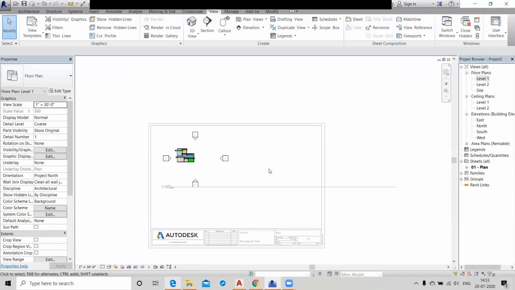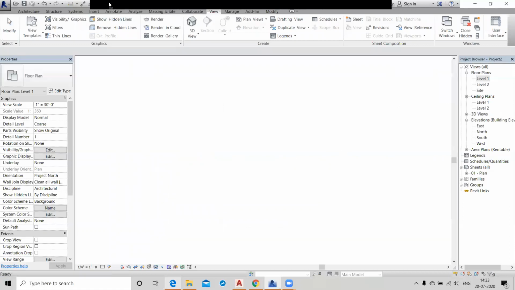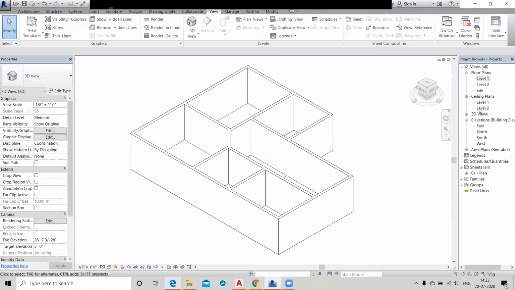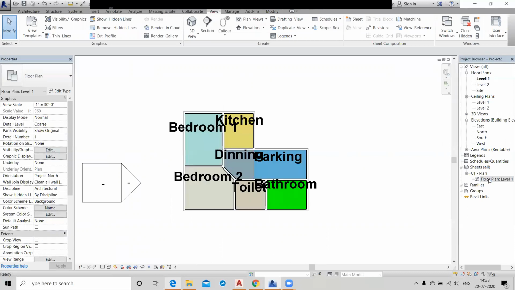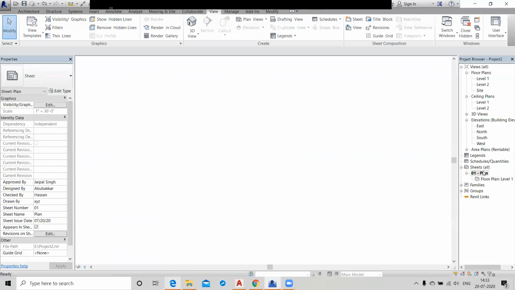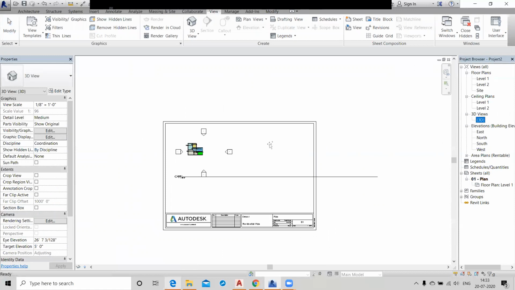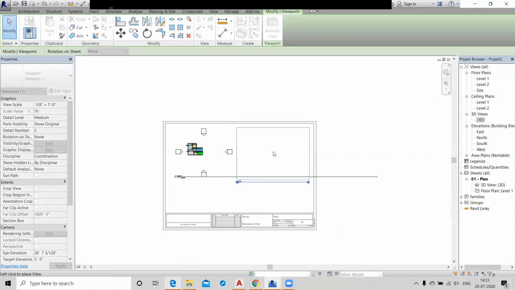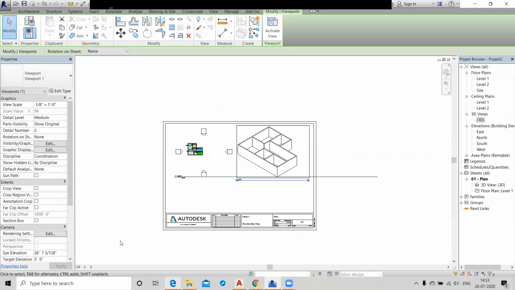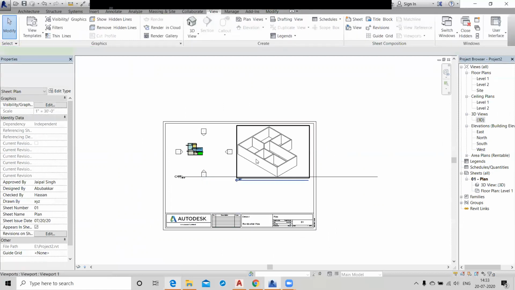Now, if you have a 3D view, you just click on the 3D view and go to the sheet. This is your sheet, and select your 3D view from here and place it here like this.